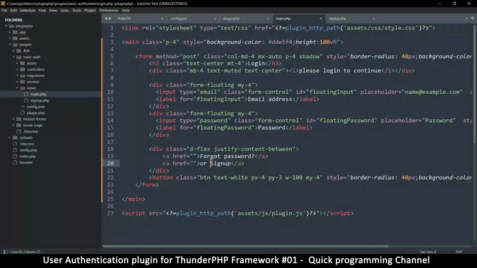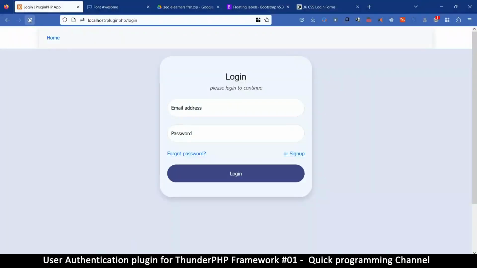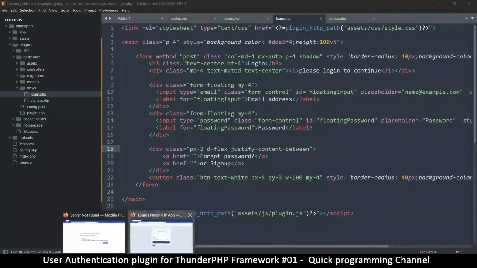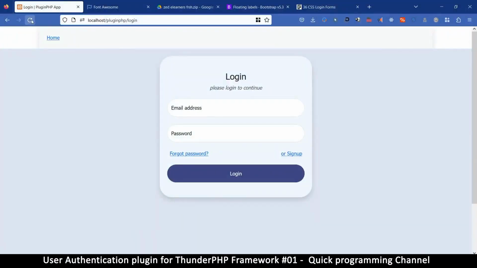Great. Maybe we can push them a little closer by putting some padding on the x-axis, a little more padding here so they can move inward, like so. Maybe that's too much. Let's put 2 and see. Yeah, that looks more comfortable. Right, then if you have a logo, you can put it here, like we had done with